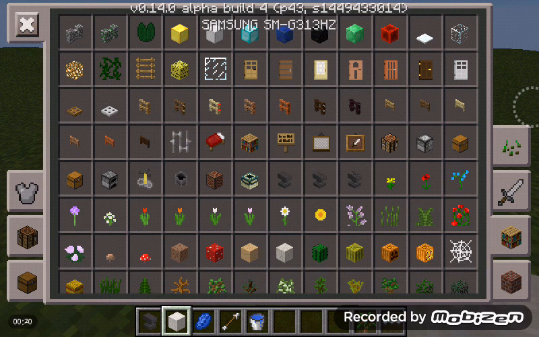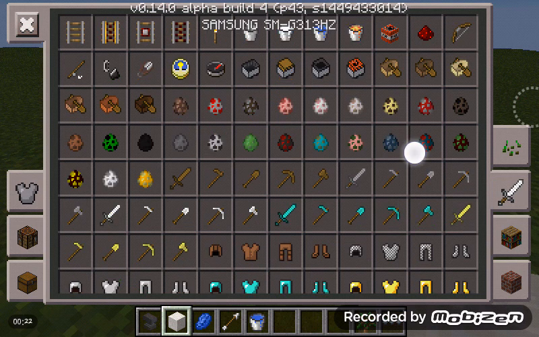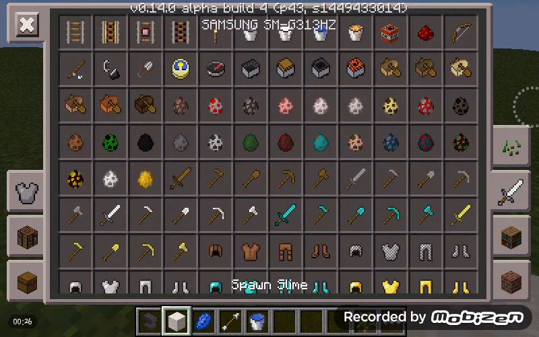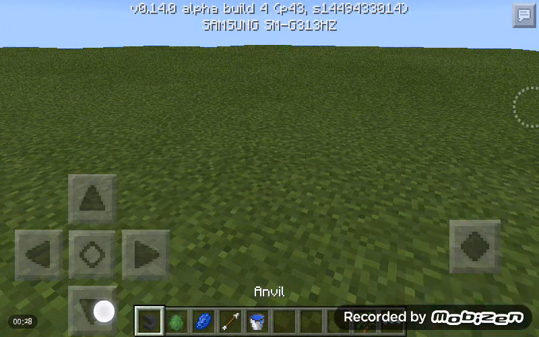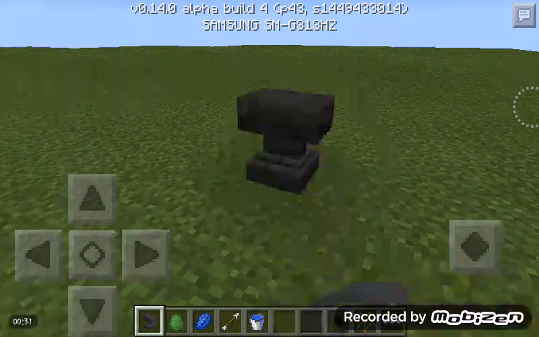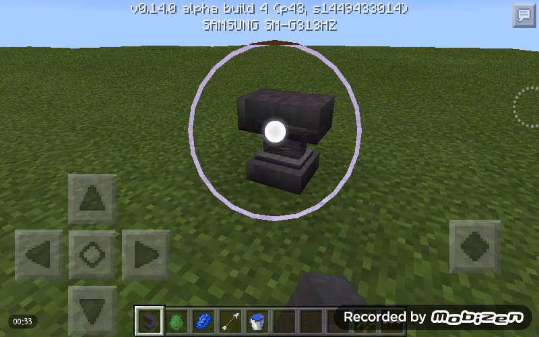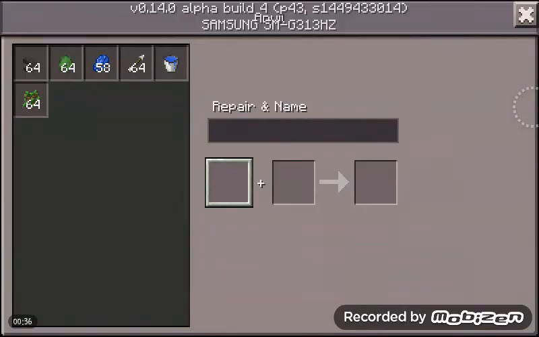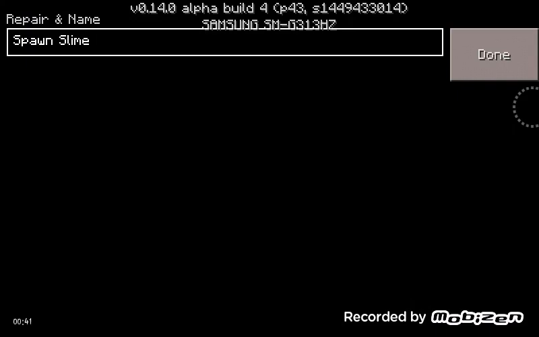The tools you need: unfill and your spawn. Okay, this slime, this, and use this. Okay, and use this slime and